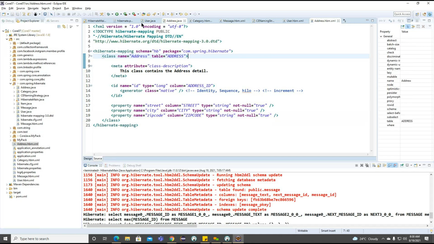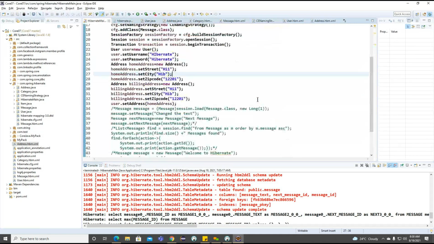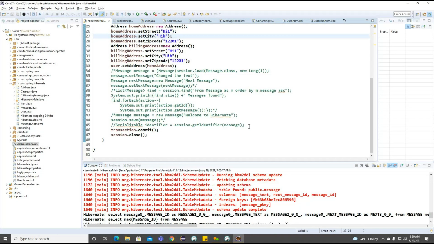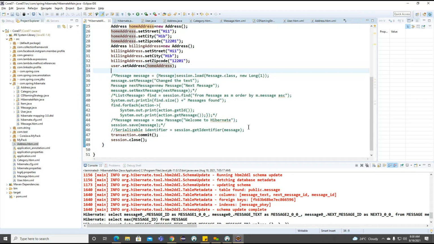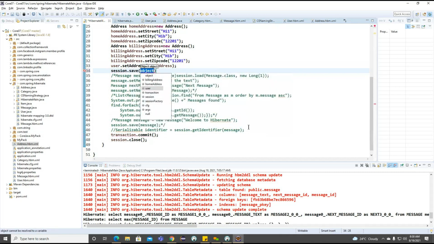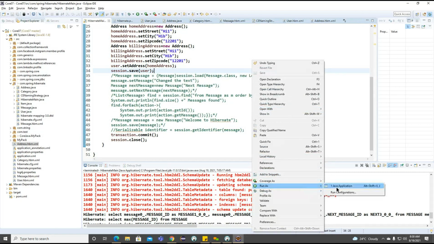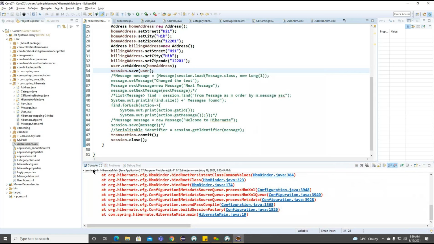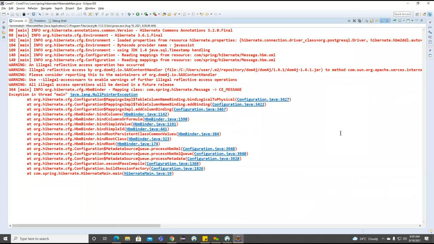Let me save all the classes here. Go to our main class here. We'll try to run our example, and sorry. User. So what is okay? We did not provide a null pointer.